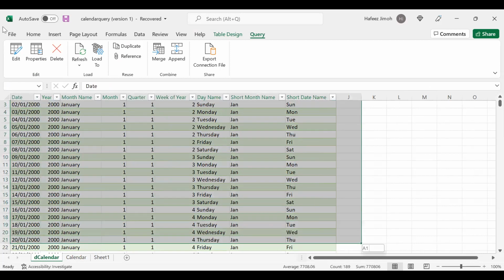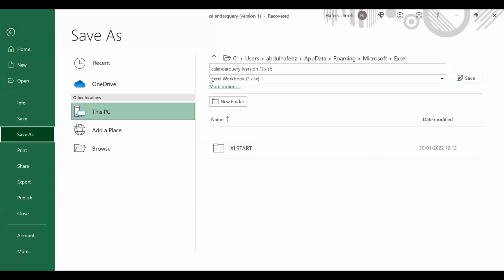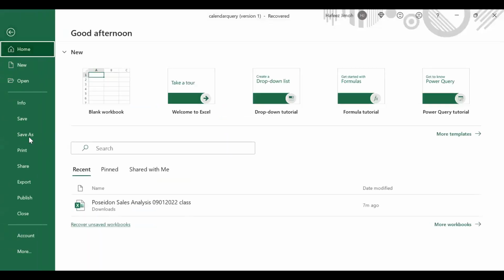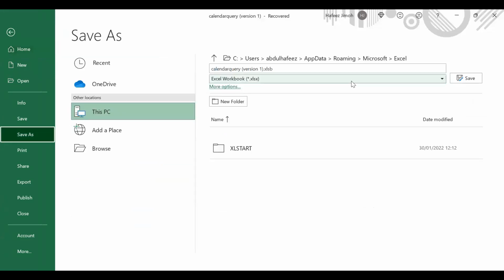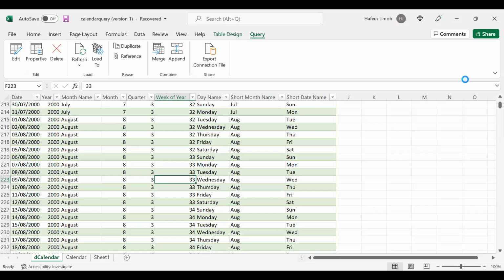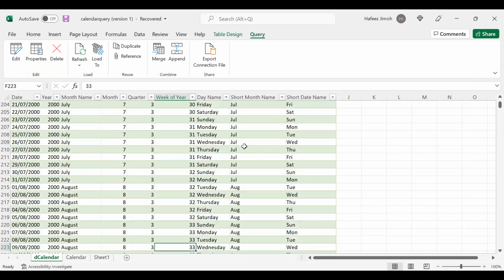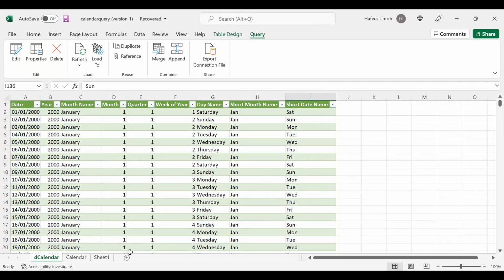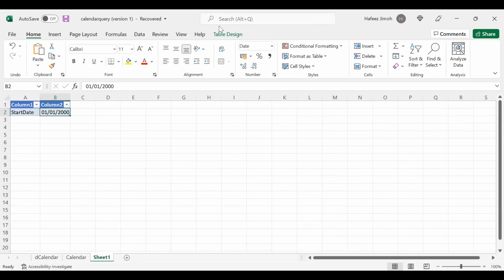You can decide to save as a CSV file, but a CSV file doesn't save multiple sheets. If you try to save as CSV, it will not allow you. So you should know that. But it's okay. You can connect to an Excel file. You don't have any issue with that. Is that okay? So something like this can save you from the headache of